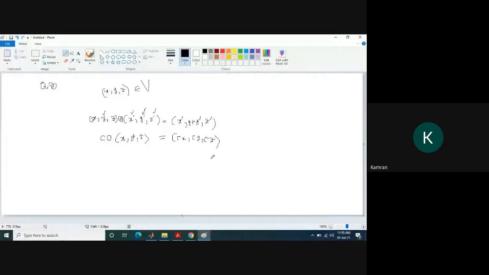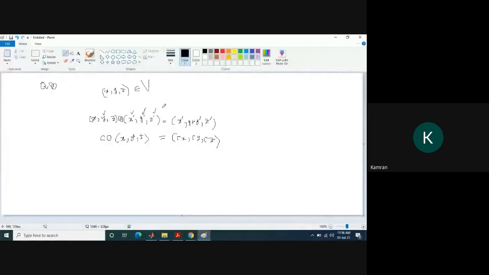Condition A is the commutative property. Condition alpha is the closure property. Condition B is the associative property. Condition C is the additive identity. Condition D is the additive inverse. Then condition beta is the scalar multiple property. Condition E is the left distributive property for one scalar and two elements of V. Condition F is the right distributive property for one vector and two scalars C and D.